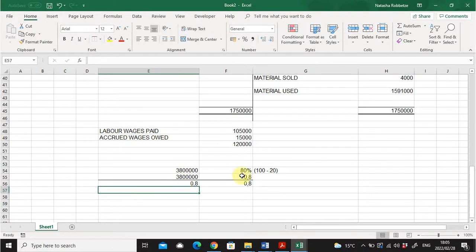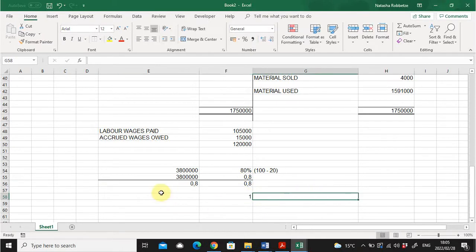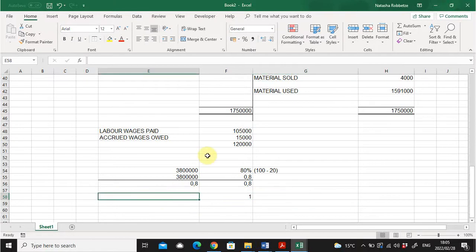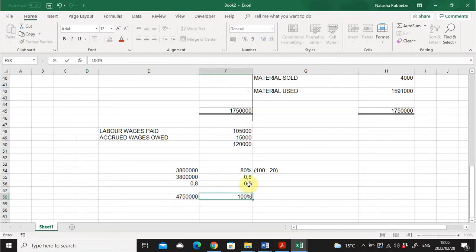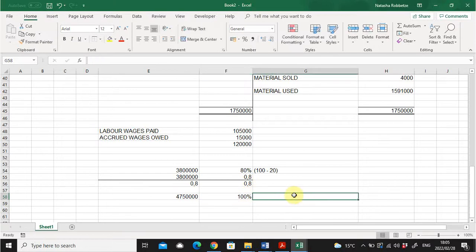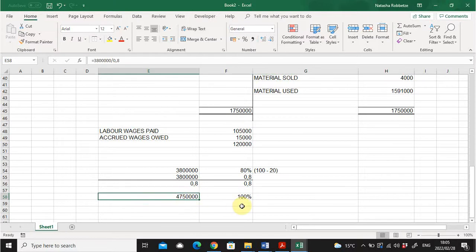And 0.8 divided by 0.8 gives us 100%, or a 1 in decimal. And then if we take the 3.8 million and we divide it by 0.8, we get 4,750,000. So if we had made them pay 100%, we would have gotten 4,750,000. So the 100% is the invoice amount, because we will invoice them for everything, but